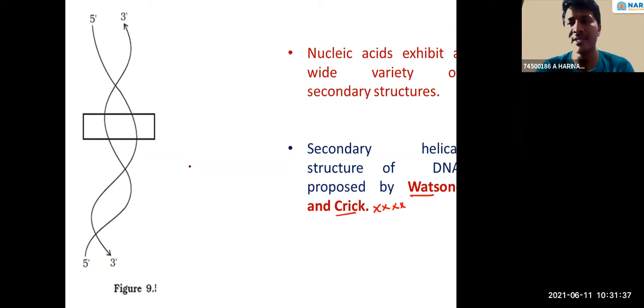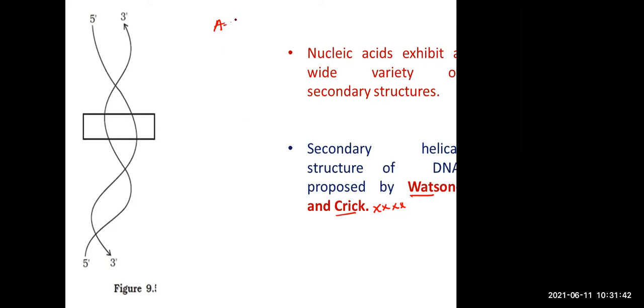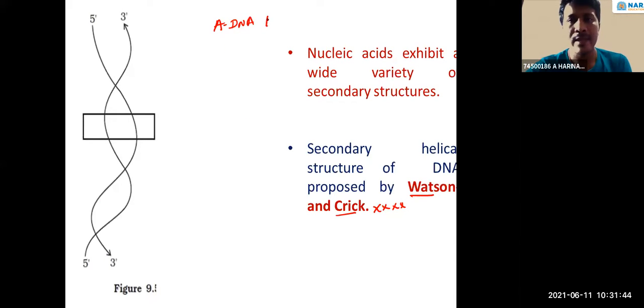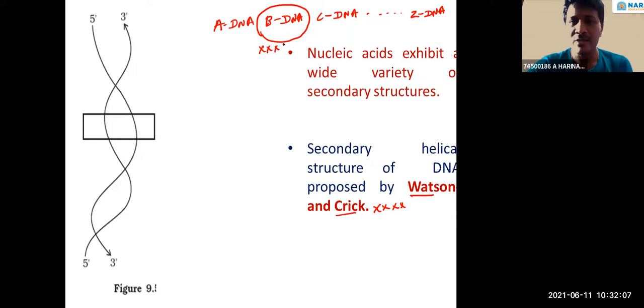A left-hand helix is also here. So a dozen types of DNA are here: A-DNA, B-DNA. In our cell, different types of DNAs are present, so they are classified into a dozen types. Z-DNA is also here. What is the basis for this classification, A-DNA, B-DNA? Watson and Crick explained the structure of B-DNA. Very important. What is the character of B-DNA?